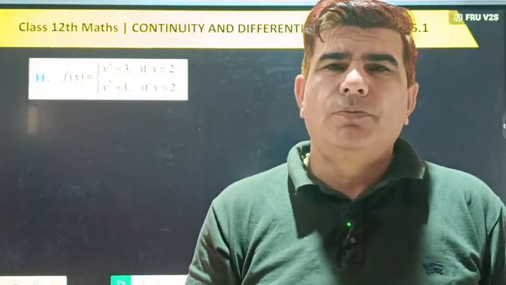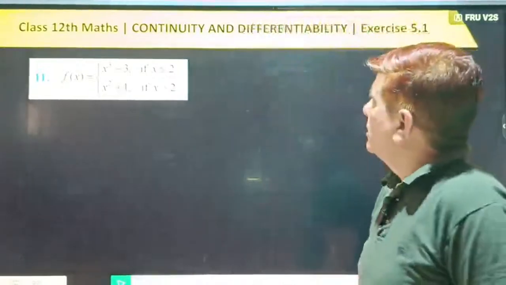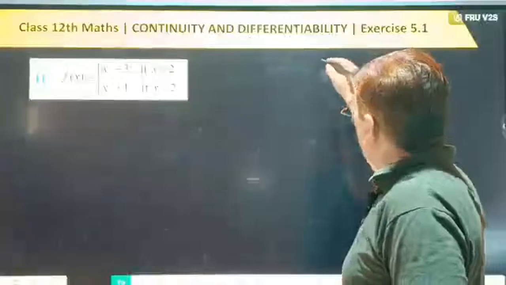So as you know, which chapter is going on? Chapter number 5. Today we will discuss, class 12th, chapter number 5. And what's the name of the chapter? Continuity and differentiability. I think the teacher has already taken one period. So here is